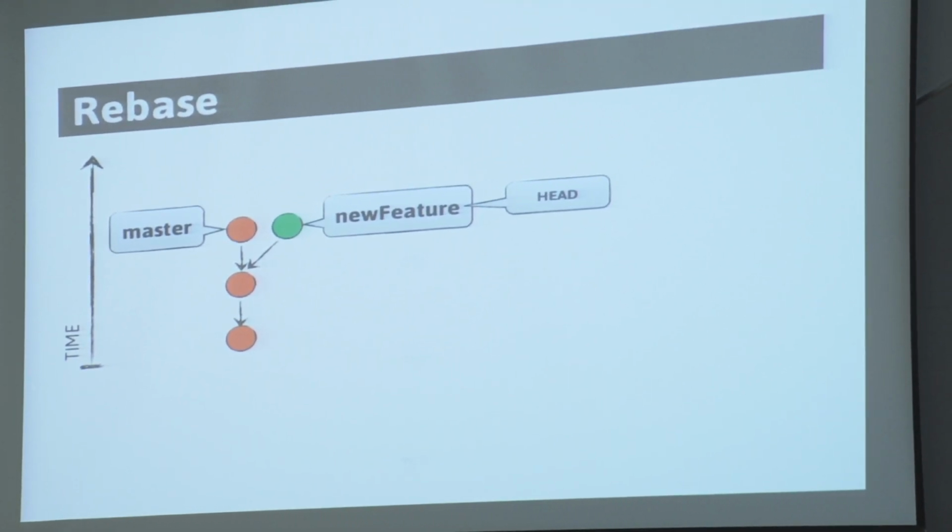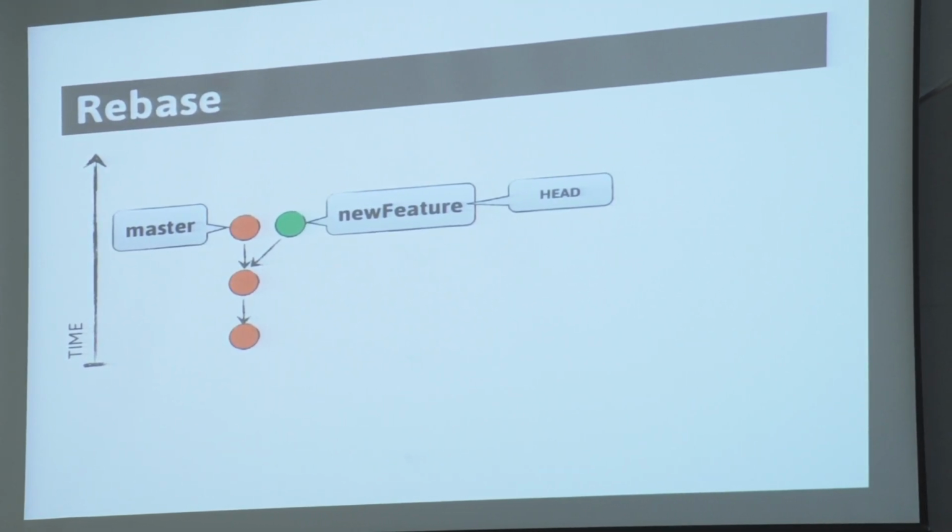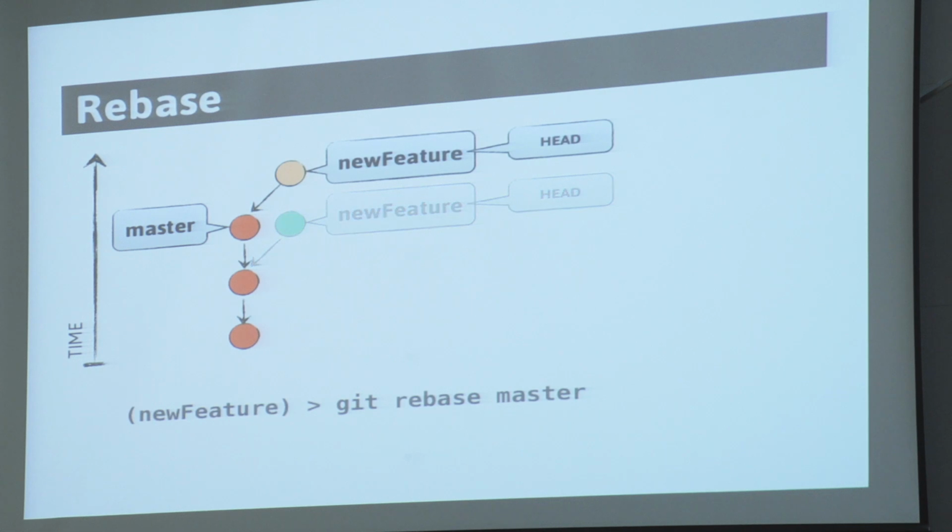When I say I want to be relocated, what I want is to change the history of this commit, and instead of saying I was born out of him, I want to say I was born out of him. Relocate me to a new commit on the tree. So if I were to do at this point a git rebase master, Git literally takes this commit, tears it out from the tree, and slaps it on top of this guy.